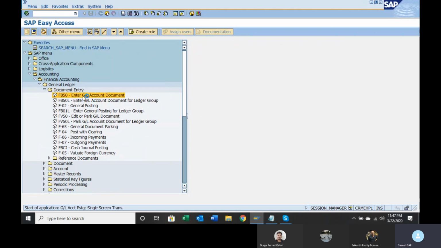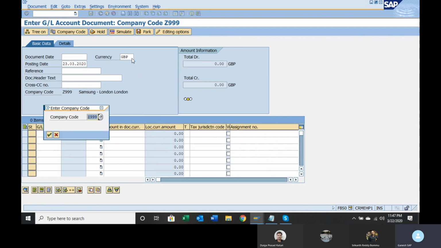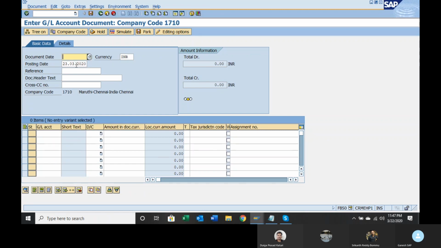So let us try to post a document using FB50. Make sure that your company code is given properly. Select company code, give 1710. Today's date, reference, give something like FB50.